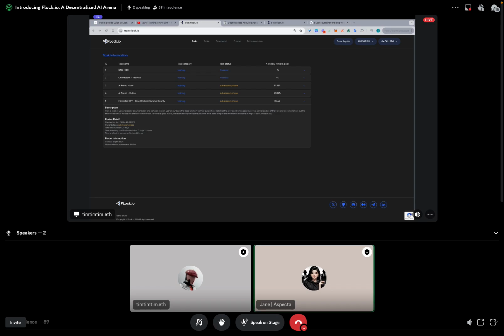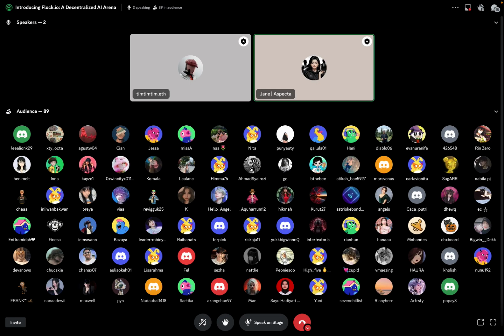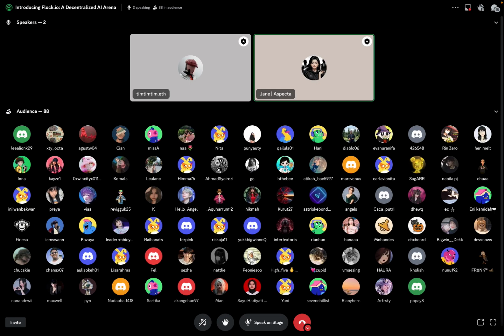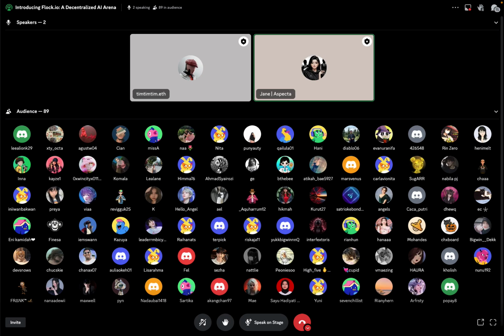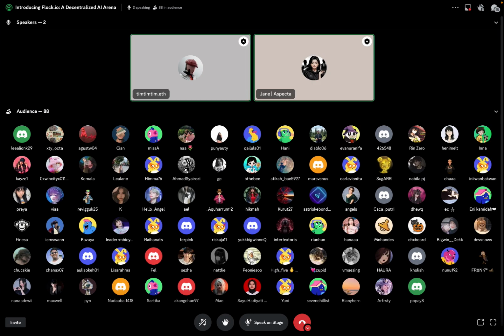Although my initial intention was to have people try to train a model by following the workshop, we are unable to show the full process of how to do the Flock bounty today. I think what we can do is have builders try to train their models on their own by following the recorded video tutorial of Tim's.